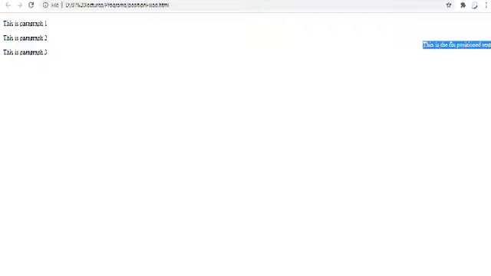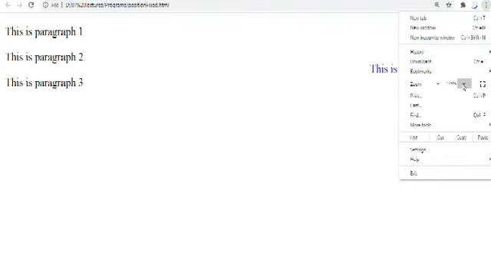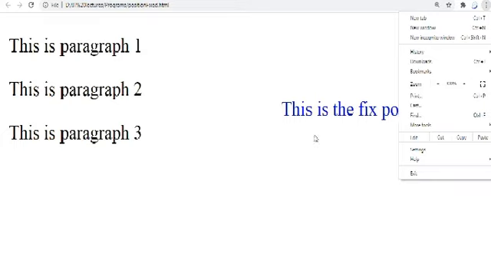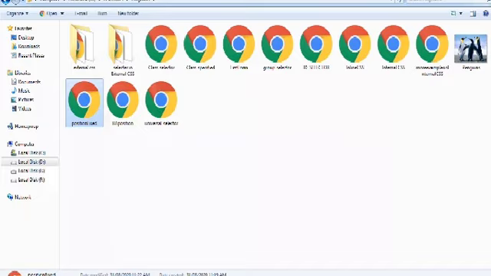So its alignment is at the right and 50 pixels from the top. I have zoomed in to make it clearer for you. So this is fixed positioning. You can fix the position of any text like this by giving the property position fixed.